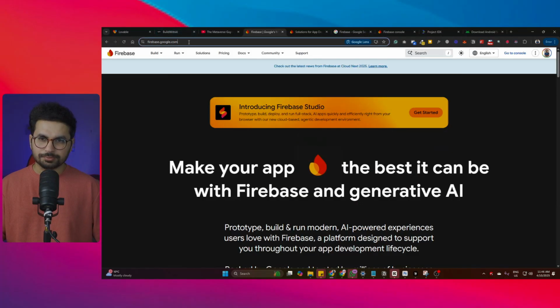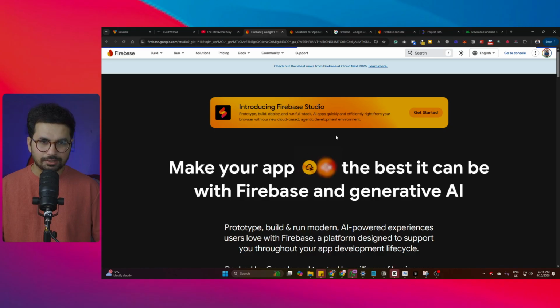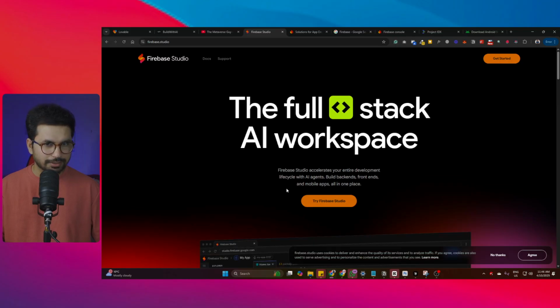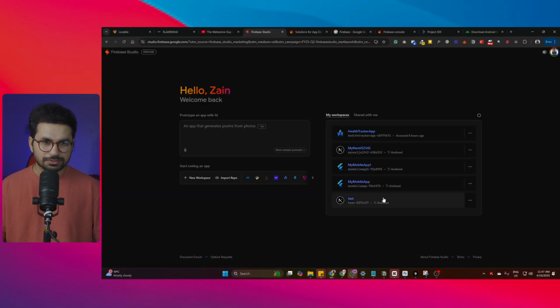Alright, so currently you can use Firebase Studio absolutely for free. Simply go to firebase.google.com and click on this Get Started button. From here, it will redirect you. Make sure that you are logged in with your Google account. After that, it will redirect you to this very nice landing page. From here, just click on Try Firebase Studio, and it will open this interface, which is